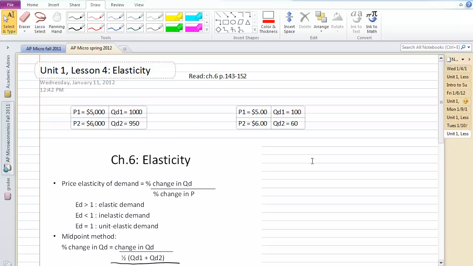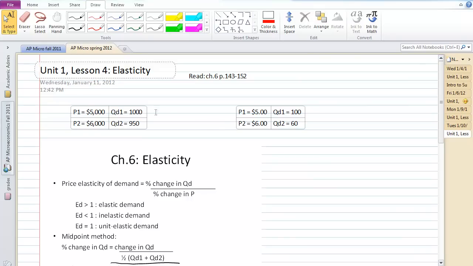For instance, you seniors probably go out to lunch a lot on 86th Street. There's a lot of options for you out there, and a change in price at one store might send you to another store very quickly because there's a lot of substitutes for that good. The demand for these two goods, pet care and restaurants on 86th Street, will look quite a bit different because of that sensitivity, and there will be a lot of effects of that on both consumer and producer behavior. So we're going to look at how this concept works, how we measure it, through this lesson.